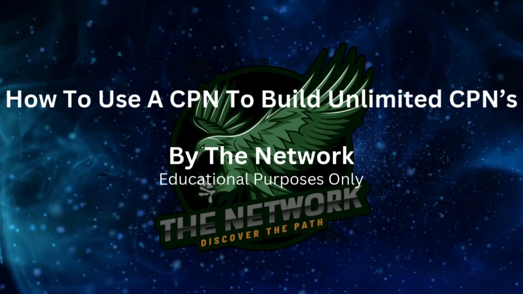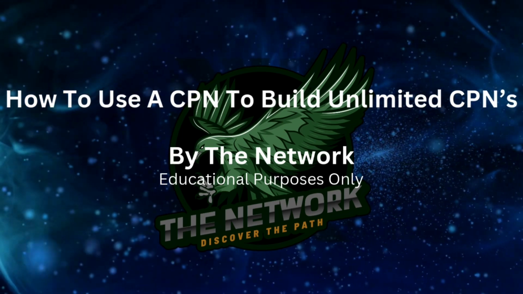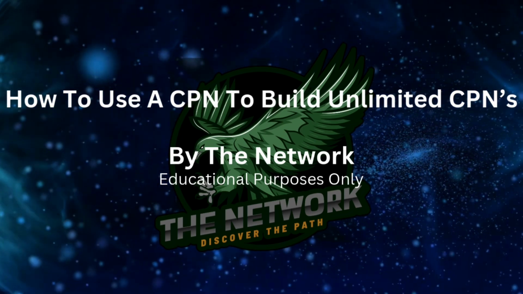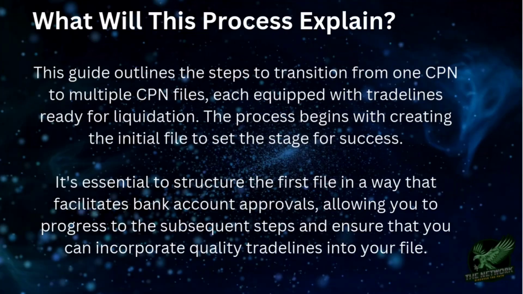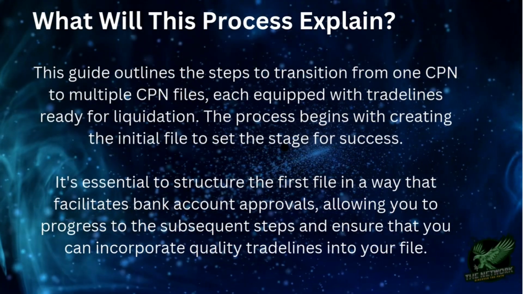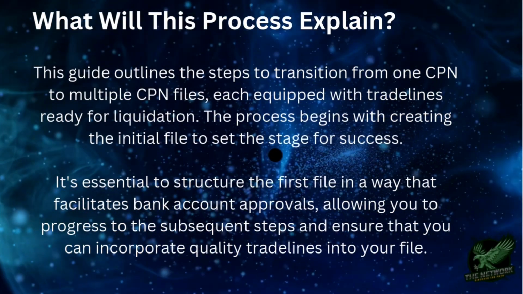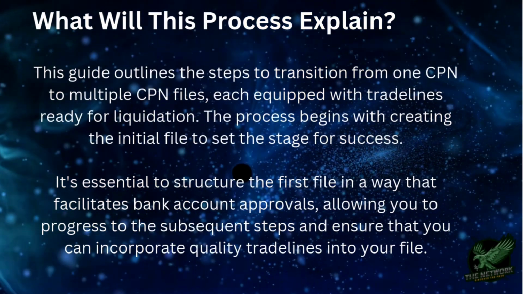And it also will just cut down on some expenses in regards to you being able to add trade lines onto your files from spawning from one CPN file. So what would this process explain? So this guide outlines the steps to transition from one CPN to multiple CPN files, each equipped with trade lines